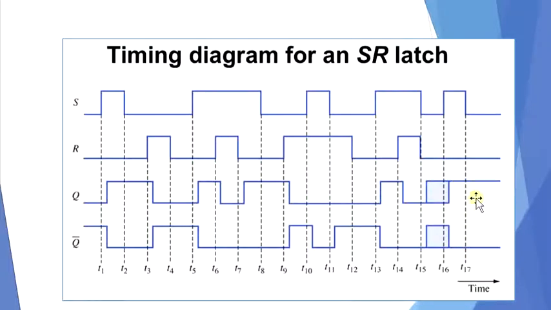You can see that after T16, after a short period of propagation delay, the output switches to 1, 0. You can see the propagation delay clearly indicated for this period between T1 up till here in each and every case. This amounts to the delay that is referred to as the propagation delay.